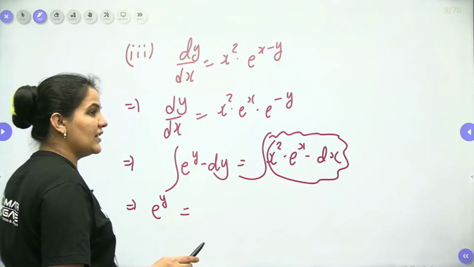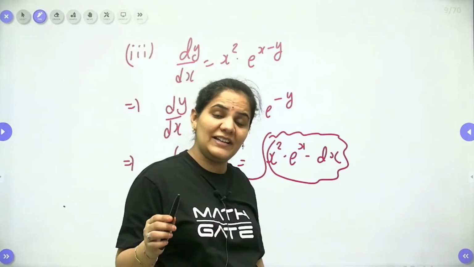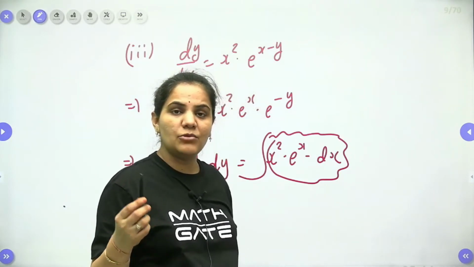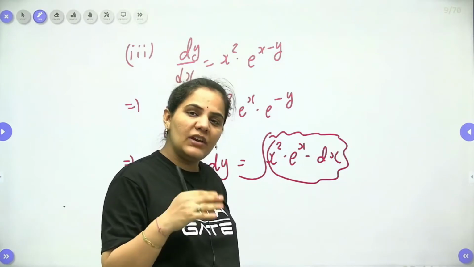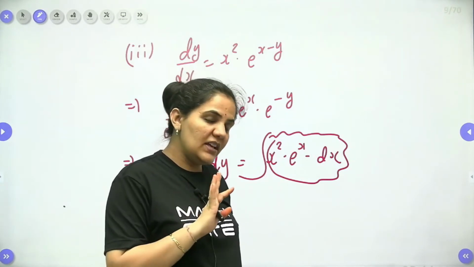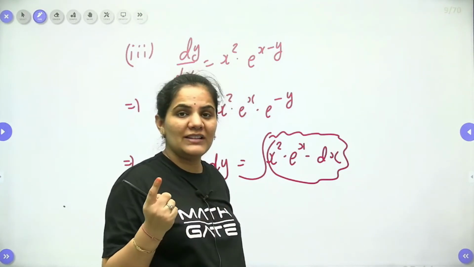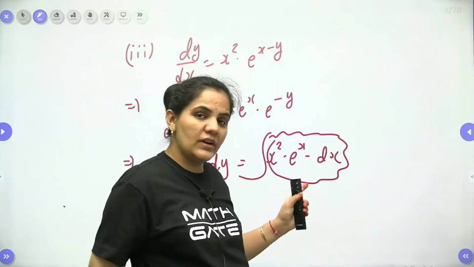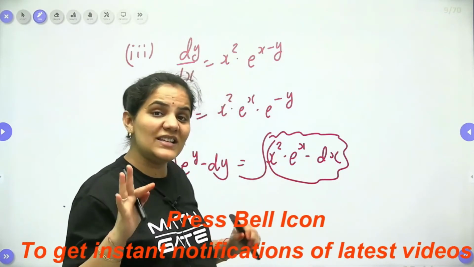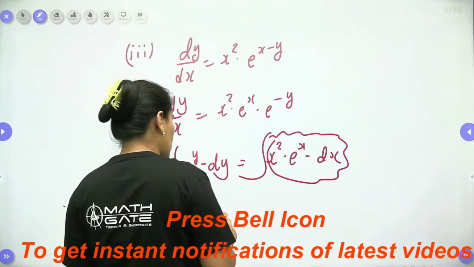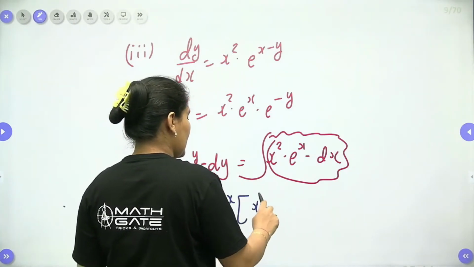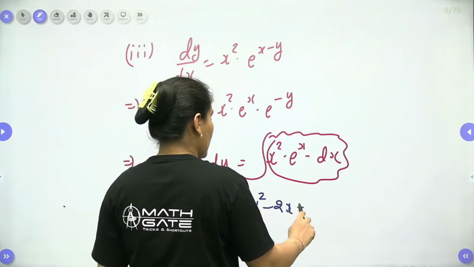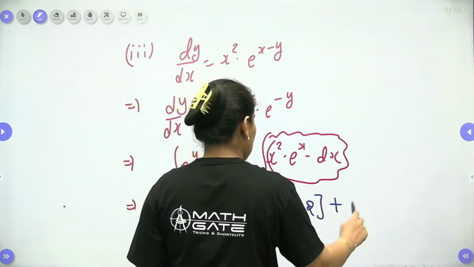When you don't know that trick, you have to approach with the help of the ILATE form, where we have to integrate by finding the first function and the second function, then approach accordingly. But there is no need of doing that, because those students who know my trick can easily approach, right? So x square e to the power x, we know very well. e power x will be unchanged. It will be x square minus 2x plus 2, my dear students, and plus c.